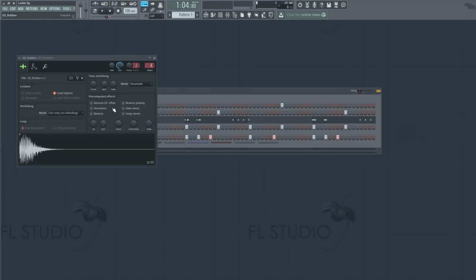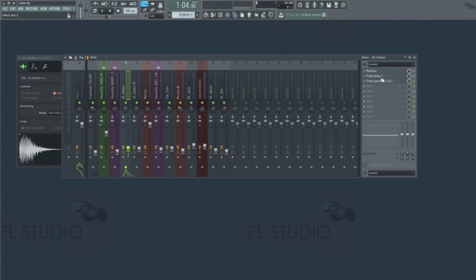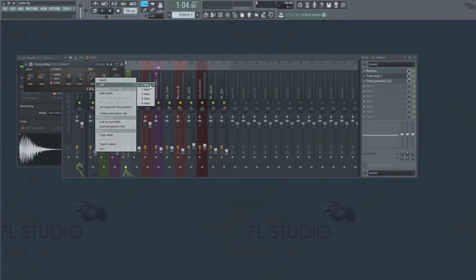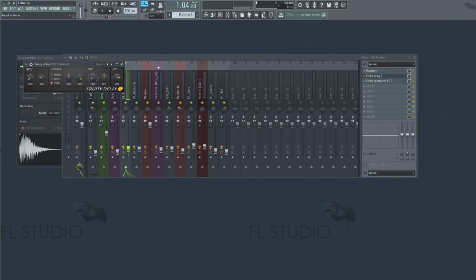So we have two different snares in here. This one has just a slight delay on here. You just want to go ahead and load up your Fruity Delay. Right click on time, click one step. Then you want to turn the volume down and pick a side for the panning and make sure it's on ping pong, just so it'll bounce from speaker to speaker. And I just thought that gave it some movement